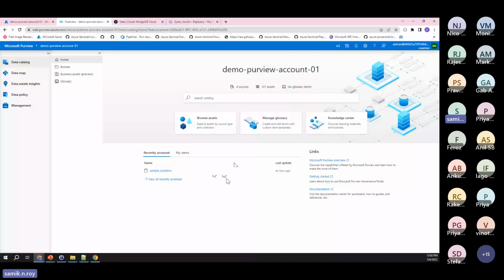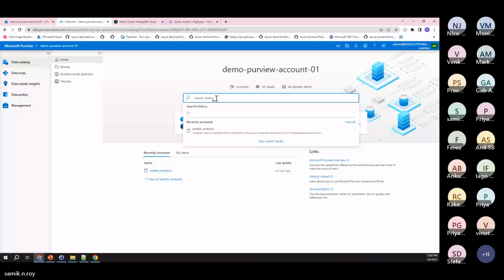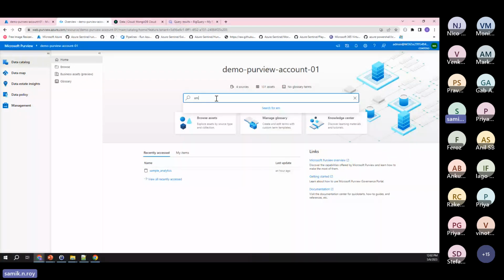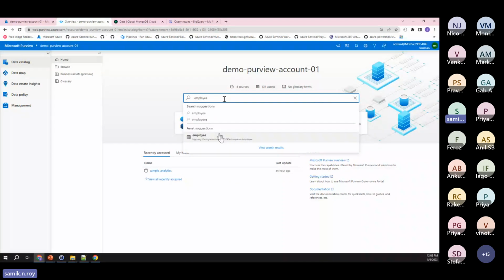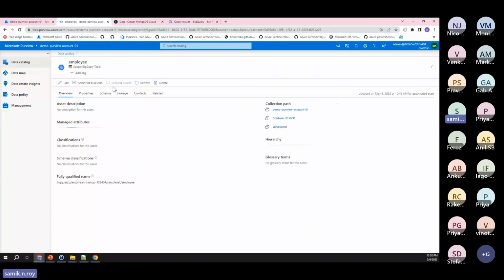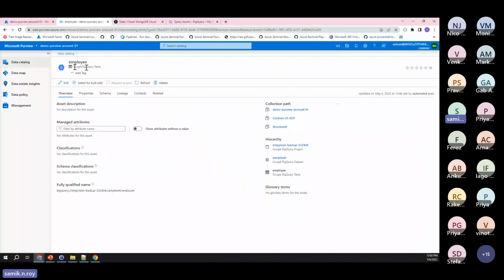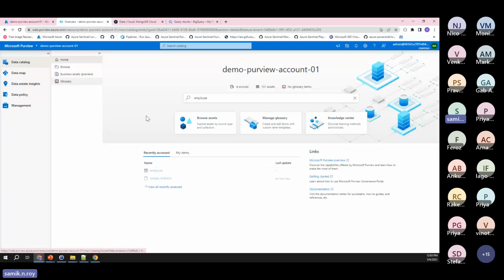is performed already. Now, if I search for, let's say, employee, it gives, for example, this table which comes in. If I click on that, it's going to show me that it is coming from a BigQuery table, and then edit that, and it also shows you where exactly the data is coming from and where the data are. Now again, if I go back to data catalog and quickly browse assets,